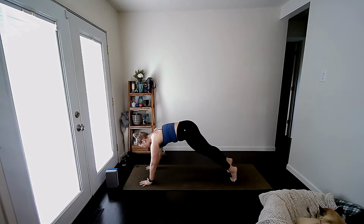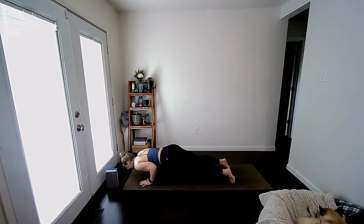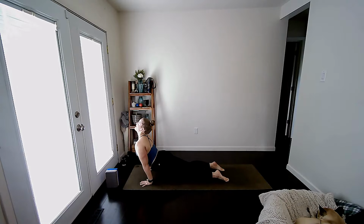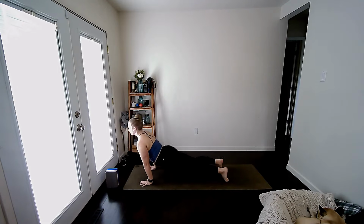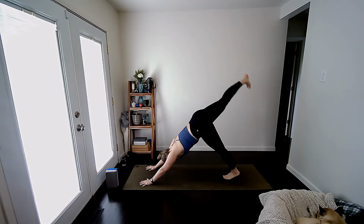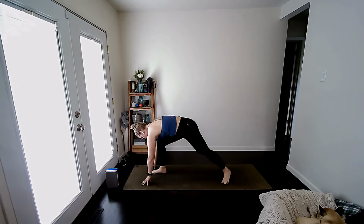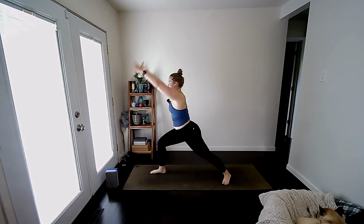Inhale, flow forward. Vinyasa of choice. Inhale, shine chest. Exhale, make your way back. Right leg lifts up. Step forward, warrior one, back heel down, press the feet, stand up,